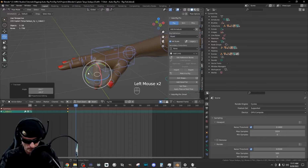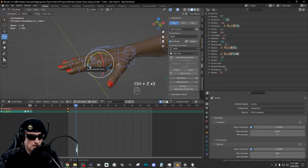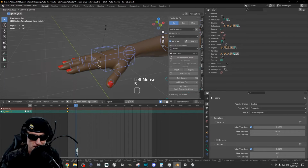Now, before I do that, what I would like to show you, before we move the fingers manually into the fist position, if you're familiar with Auto-RigPro, you might think, okay, right now we are basically in FK. So all of the fingers are forward kinematic. They've been set up with forward kinematics, and that's by default. I'll get into forward kinematics and inverse kinematics when I get into the actual Auto-RigPro, fully rigging the character. But because I am in forward kinematics right now, if I click the base of any of these fingers, we'll just select the index finger base, and I press S for scale, I can actually curl the finger up